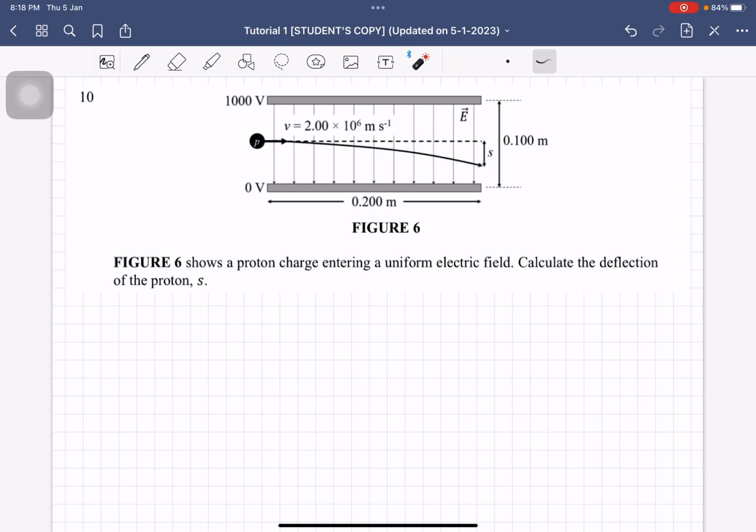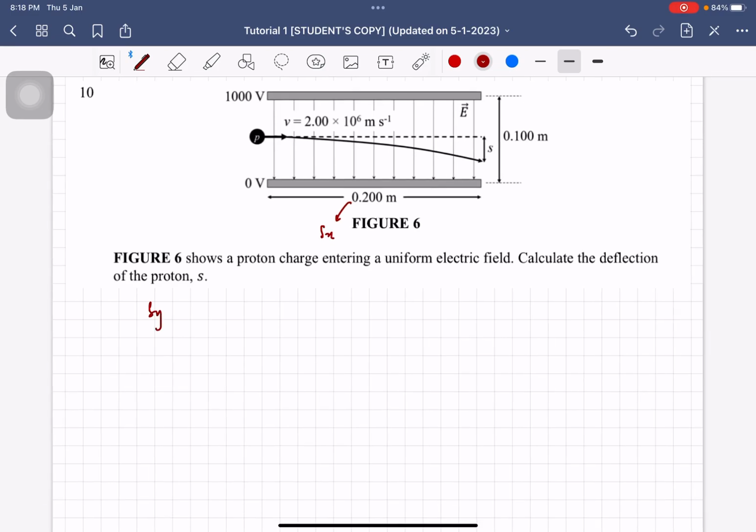All right, so now we need to find S. S is equal to, this is for the Y component because this is our X component. So S that we are looking for is actually the Y component. So this is Uy t plus half Ay t square. So we know that the Uy is equal to 0 because it is released